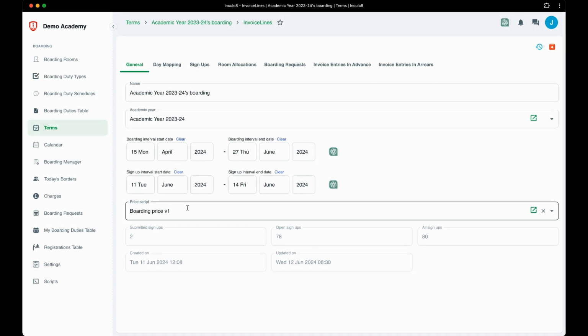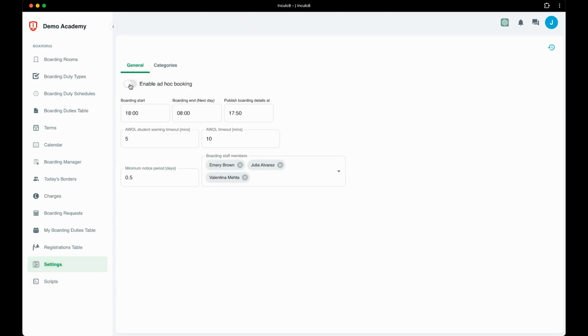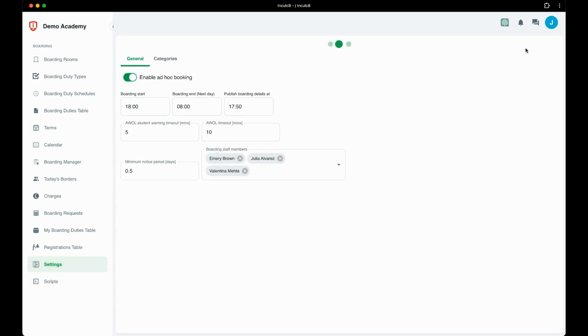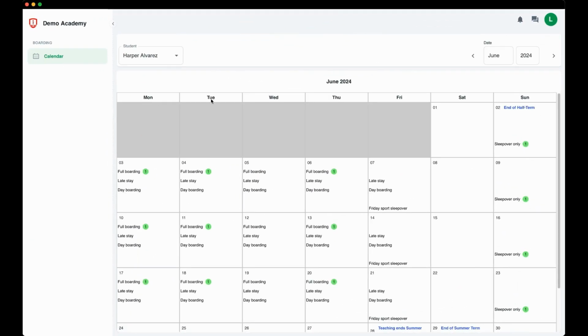By storing the scripts with the boarding periods, a new pricing structure can be trialed without affecting previous periods. You can also enable ad hoc boarding. This allows parents to sign their children up for boarding during the term. If they require accommodation, then of course the ad hoc boarding is subject to